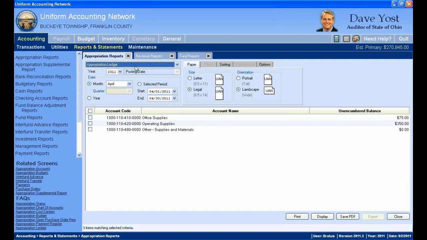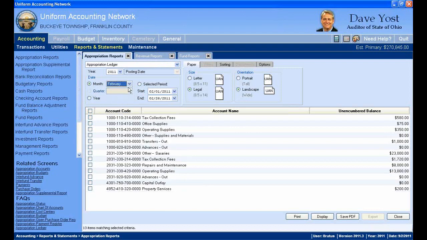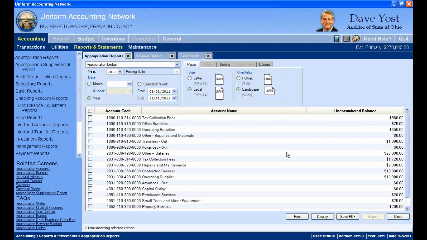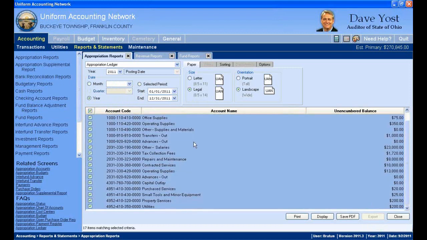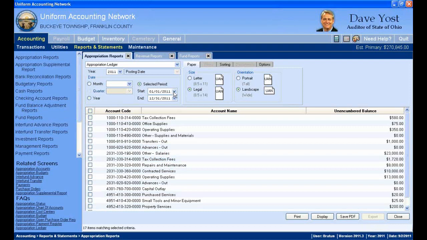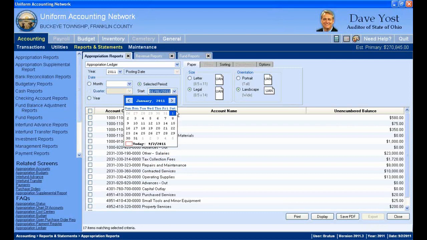It's going to show you every transaction within the period you select. So here I could select January, February, or March, or April, since I just have a data set here. I don't have the entire year up to currently, it's September 2nd. Or I could select the entire year. And when I select the items on my list, it's going to display a report for the entire year in Appropriation Ledger. Or I could say for a specific period, well, I only want to see the transactions using these appropriation account codes for the period of